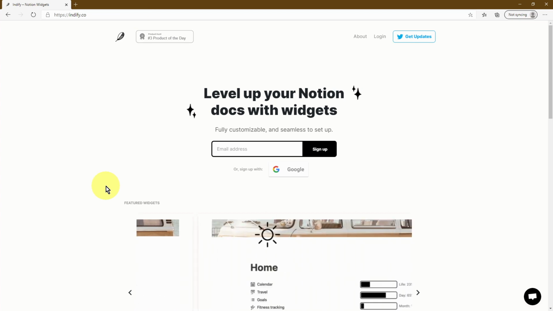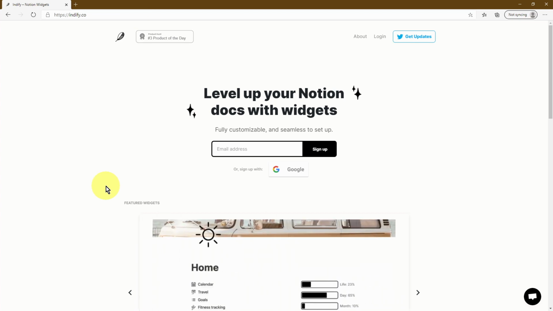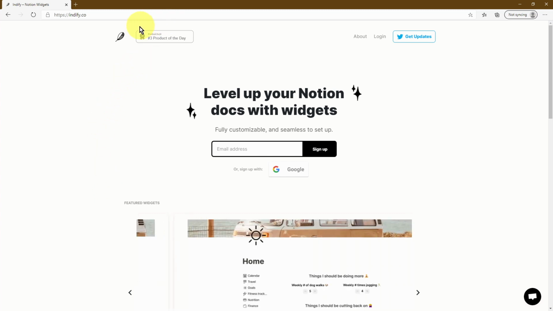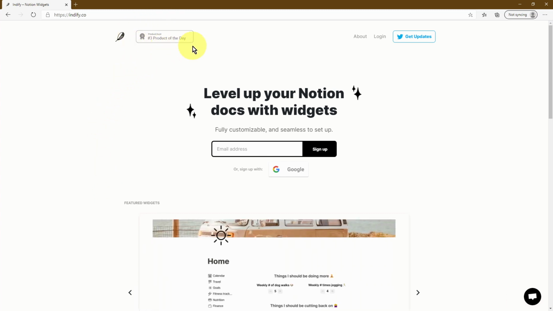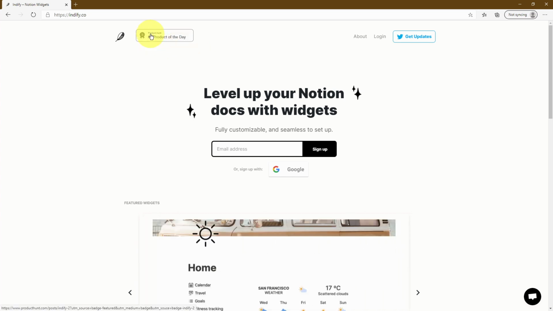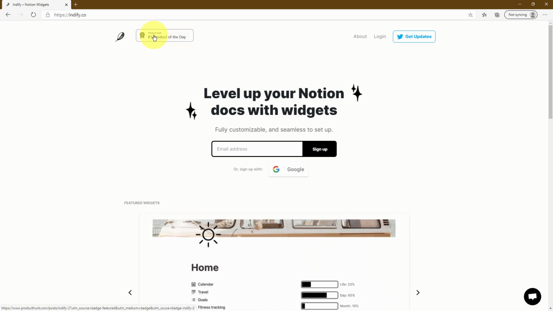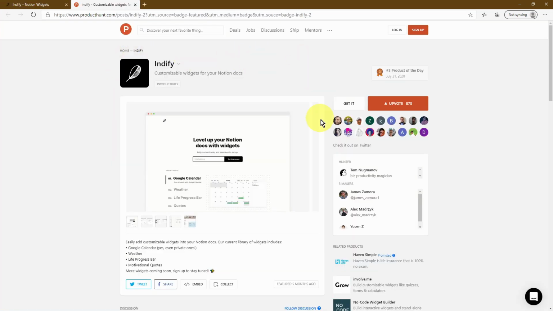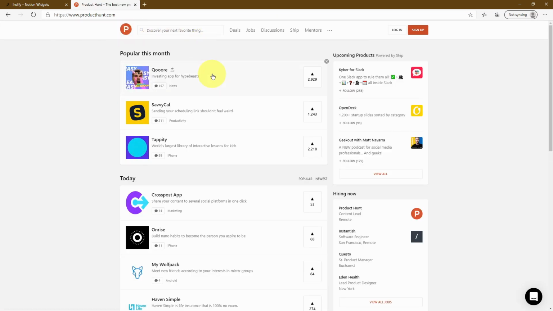Now, before I dive into the tutorial and explain how to get those widgets into your Notion setup, I would just like to point out that in the top left-hand corner, you can see that Indify is actually ranked number 3 as a product of the day on the website Product Hunt. And if you're not familiar with Product Hunt, then I would urge you to go have a look, because that website doesn't just have Indify and some of the reviews it's been receiving. If we go to the homepage, it actually has a list of various products that are being developed by startups all